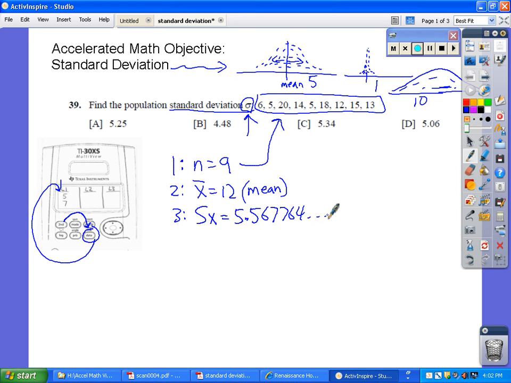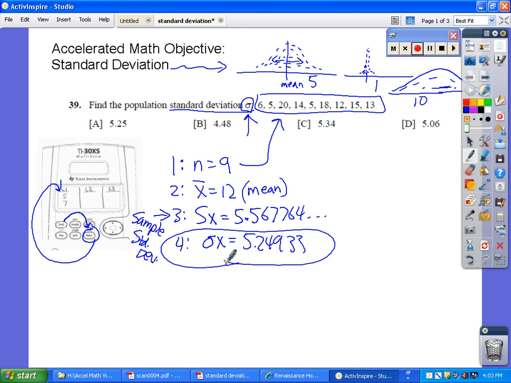That one is called the sample standard deviation. We're going to need to differentiate between that and number 4. Number 4, you will notice, has the little Greek symbol for standard deviation, and it has 5.249, and so on. That's the one I'm looking for. This is called the population standard deviation,